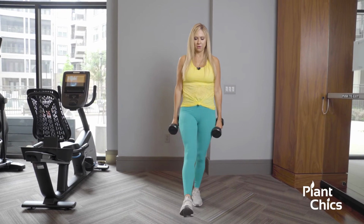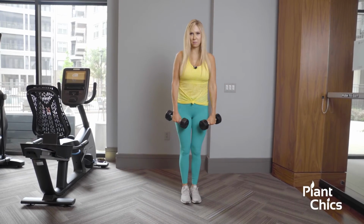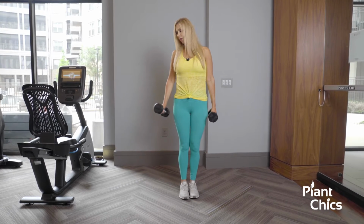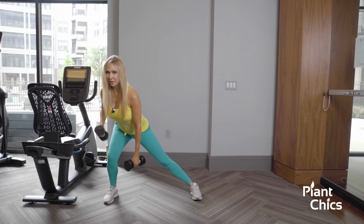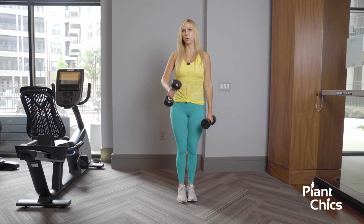So here we go. Front lunge, push off at the heel, bring it back to home base. This is always home base, standing like this with your core tight. We're going to go to the side, step out to the side, make sure you push off with your heel. Your body will lean forward, and then you push off back to home base, and then we're going to go